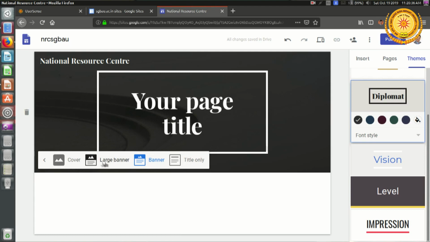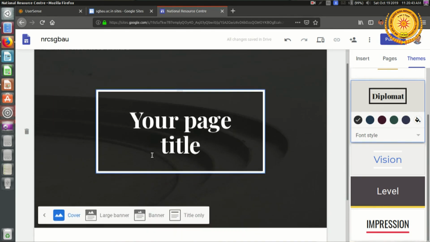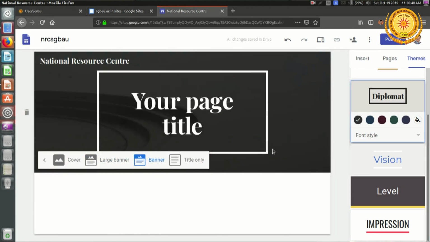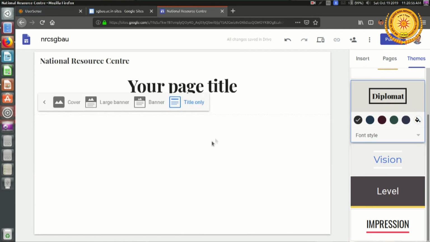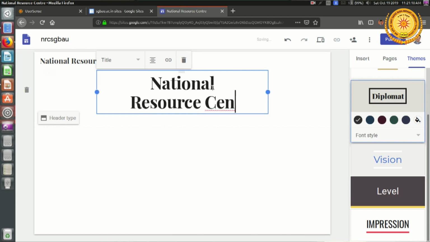Let us see how these options actually work. When I click on cover, this is how the page will change. Then the large banner, then simply a banner, and as I have mentioned that I don't need any kind of image, I will be clicking on title only. Okay. Now for this title I am typing the name of my organization, National Resource Center,